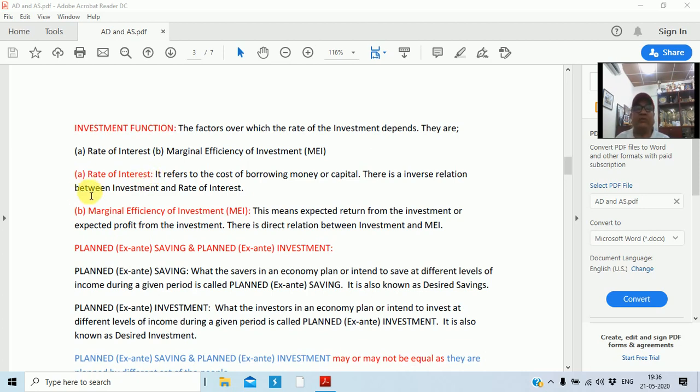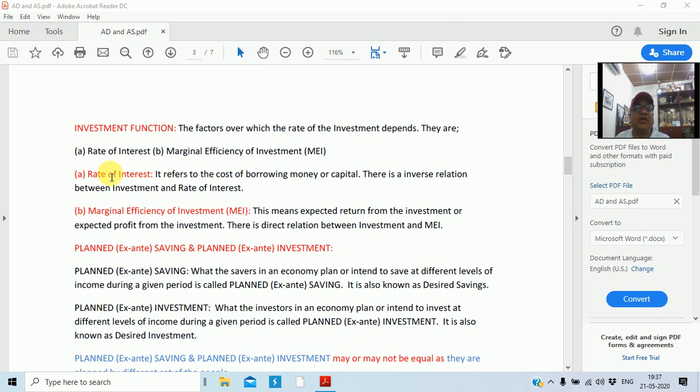If the rate of interest is less, more and more investors will come for investment. Why? Because for them credit is going to become cheaper. For example, this is the lockdown time. If the government wishes that more and more investment should come, the RBI will advise the banks to decrease the rate of interest. If the rate of interest is low, it means credit is cheaper. So more and more enterprises will go for investment.